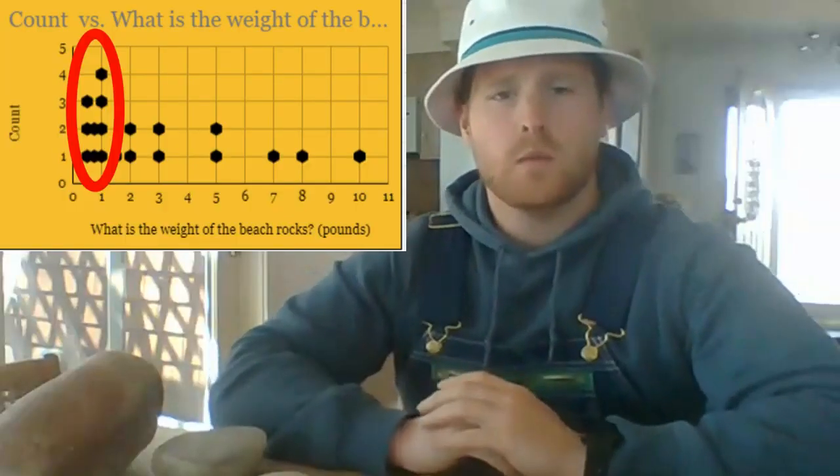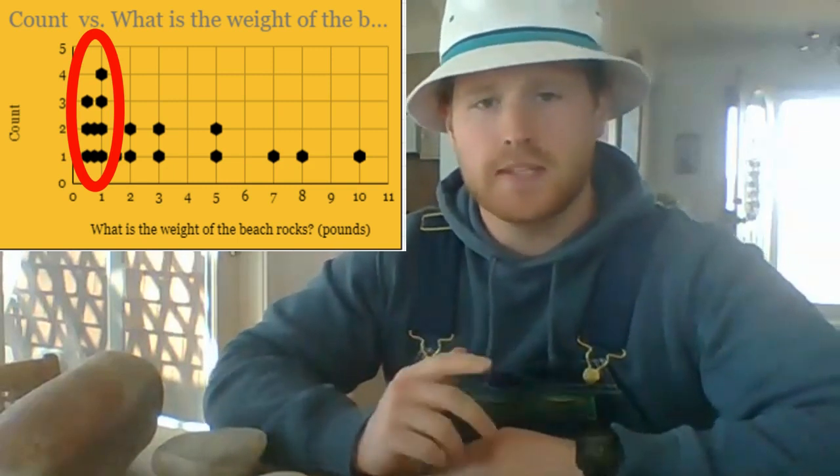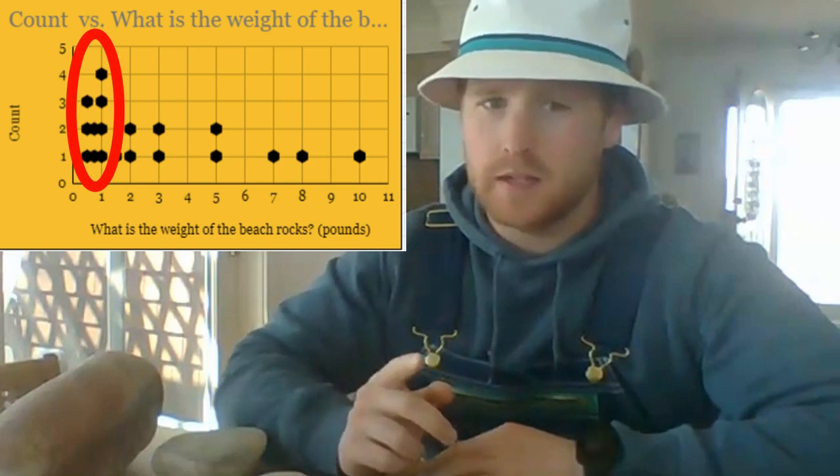So my median was around 1.75, which is closer to my cluster of data if you remember from my dot plot, but it's still outside of that cluster. So we're going to check the last measure of center, the mode. The mode is the most frequent number, so it's actually quite easy to find.